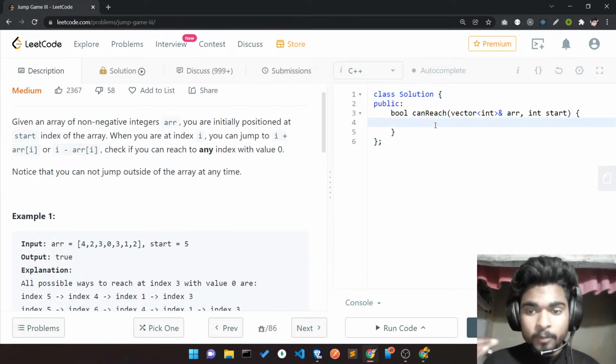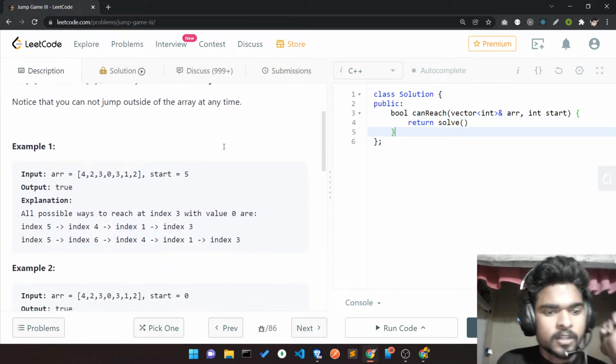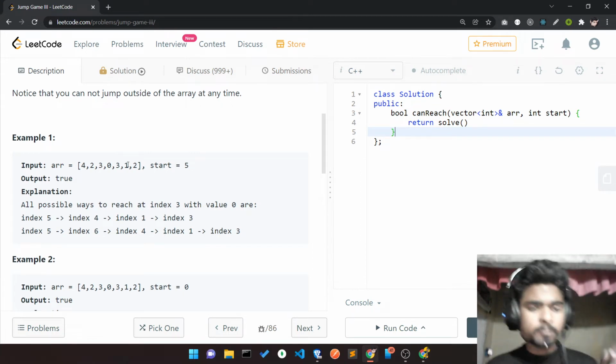What's on my mind is the BFS approach, so I'll make a BFS function and return its result.